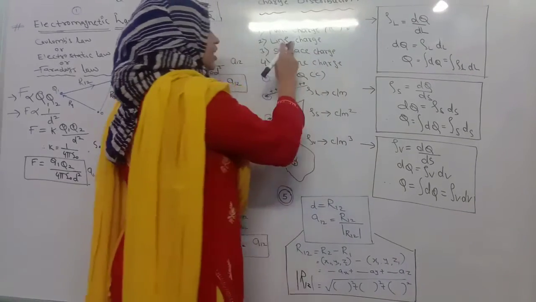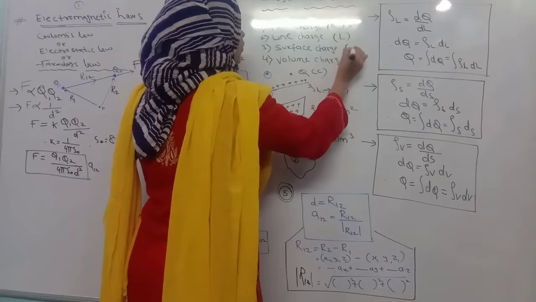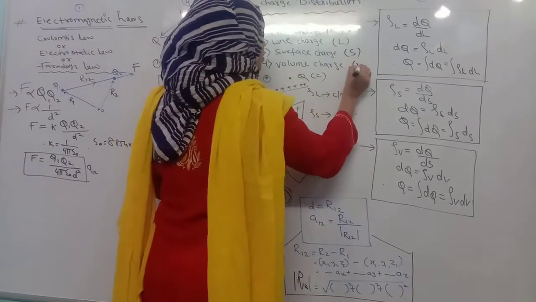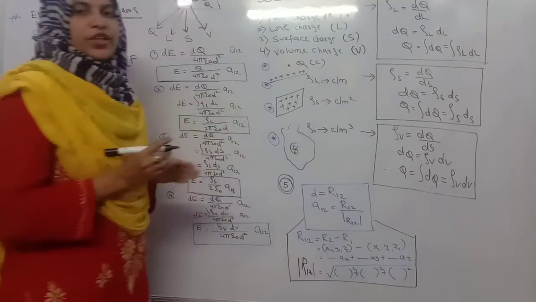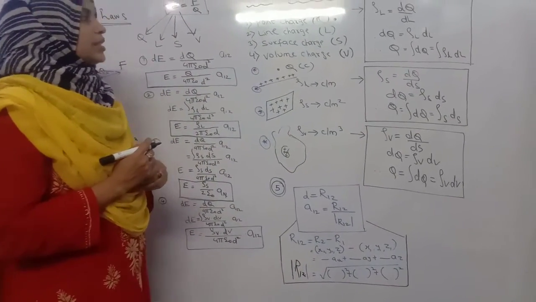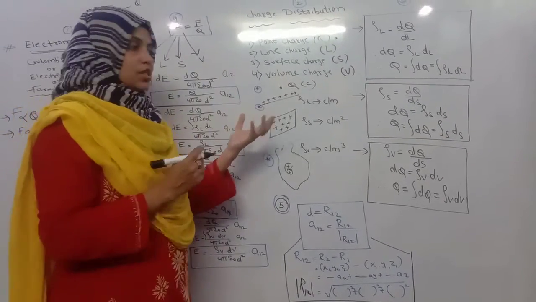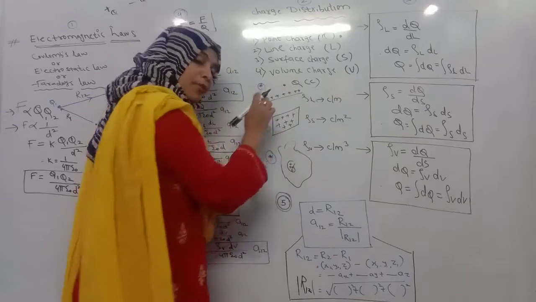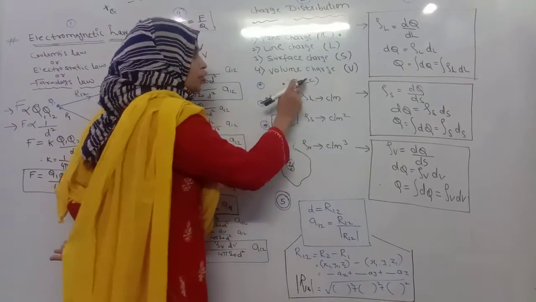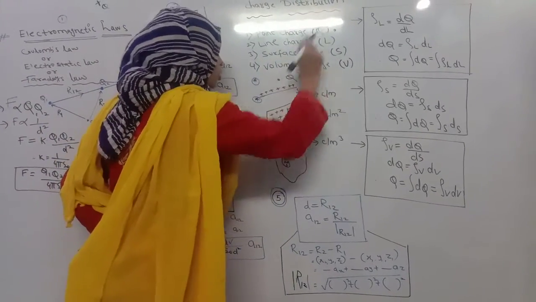Second is the line charge distribution, which is related to L. Third is the surface charge distribution, which is denoted by S. Fourth is the volume charge distribution, denoted by V. Why am I saying V? V is the volume, S is the surface area, L is the line, and the point is the dot, that is Q. And how are they placed? The dot is nothing but Q. Q may be a positive charge or a negative charge, and it is denoted by Q and measured in coulombs. Whereas second is the line charge distribution.